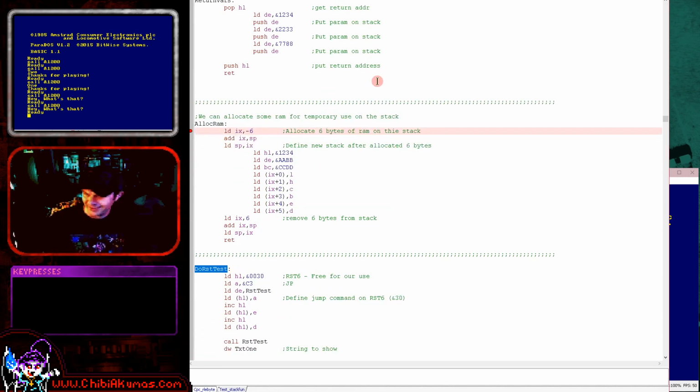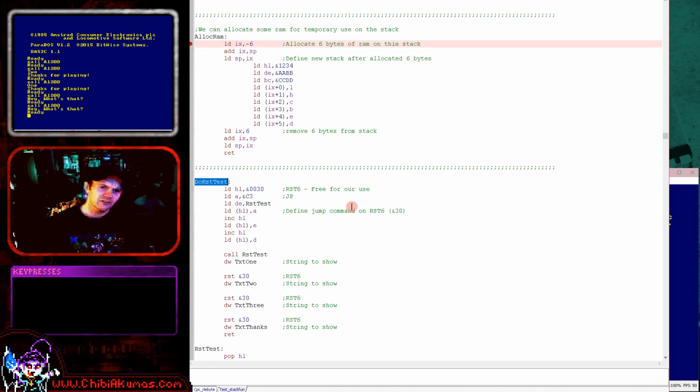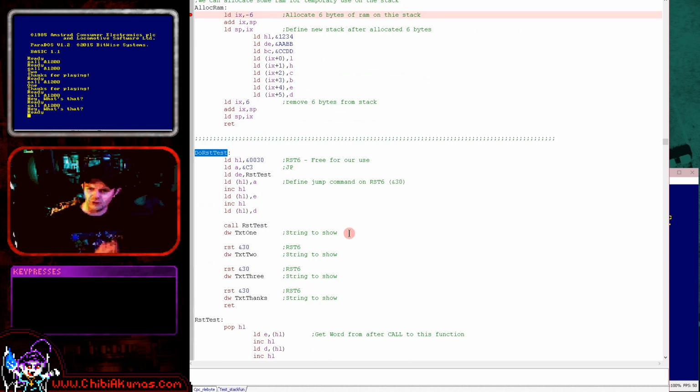discuss the RSTs again. We have covered them before, but I'm going to discuss them again because it's very related to this. Now, on the Amstrad CPC, RST6 is reserved for us. If you're working on a ROM-based system, like the Sega Master System, then you can basically do whatever you want with all of them. But an RST is a 1 byte command that will jump to a memory address within the low area, and RST6 or RST 30 in hexadecimal is the free one that we can do whatever